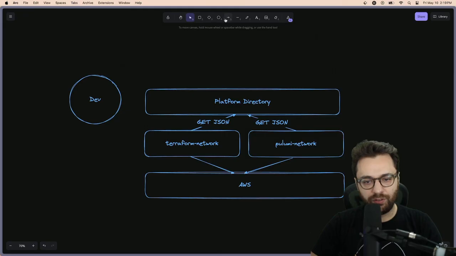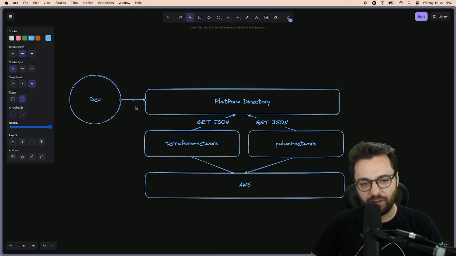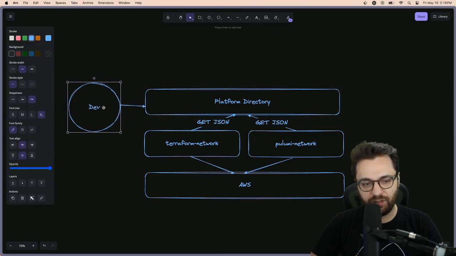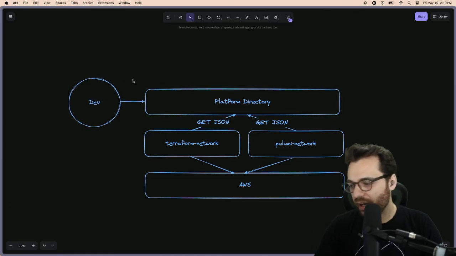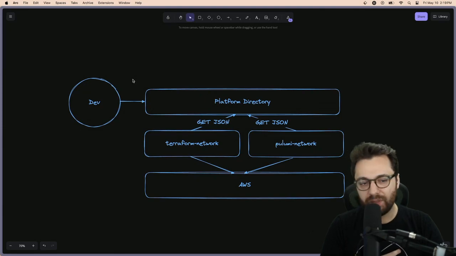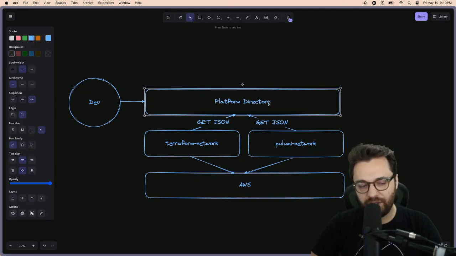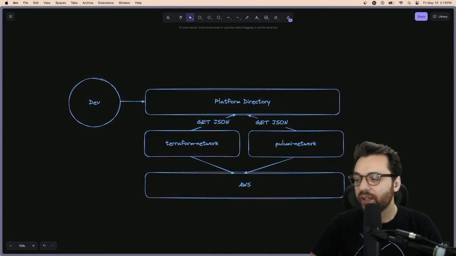A dev goes to platform directory, and now they have self-service automation and self-serve creation of resources and stuff like that. So they don't have to come to me and ask me, oh, I want to create a service. They just add that to the configuration. And then when the automation